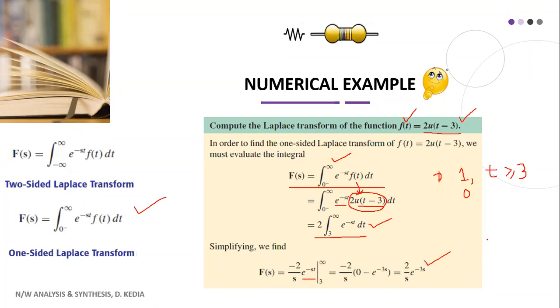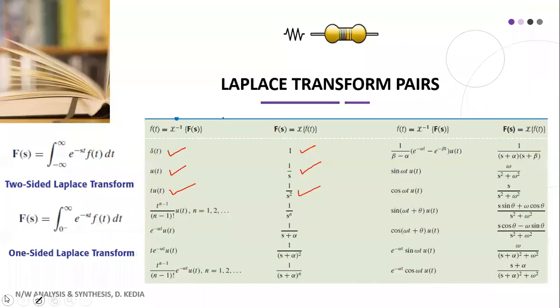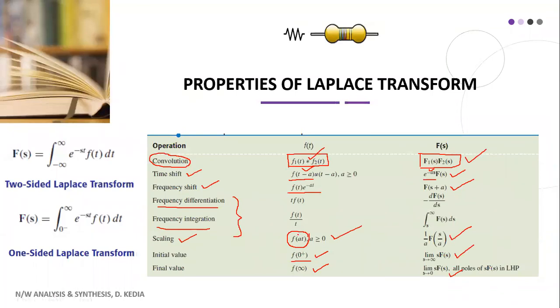Okay, and one straightforward solution could be by using the properties of Laplace transform. Here, we are using the time shifting property. If you again have a look at the time shifting property, let us see here that if you have f of (t minus a), we get e raised to power minus as times F(s). F(s) is the Laplace transform of f(t), and you multiply with e raised to power minus as. So the same thing we do here.